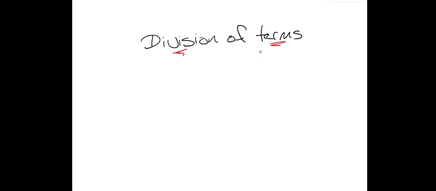We come to division of terms. One thing that helps is to think of division as being the opposite of multiplication, and it applies in the rules that we're going to use as well. We're in effect going to use the opposite rule of what we used for multiplication, and you'll see why. So let's say we have